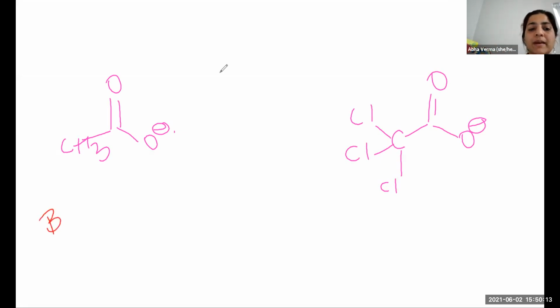Remember, we are going to compare the base with the conjugate base. Which out of these two is more stable and why? In our starting base,